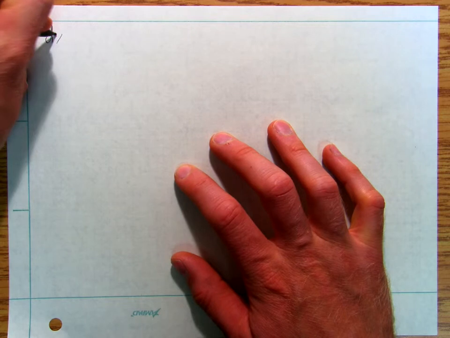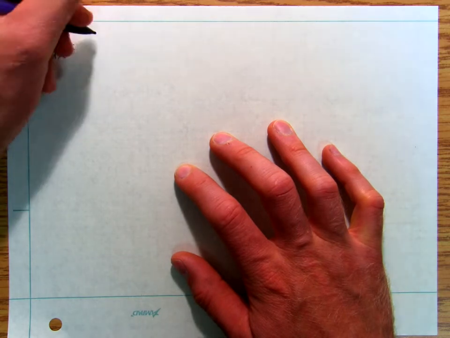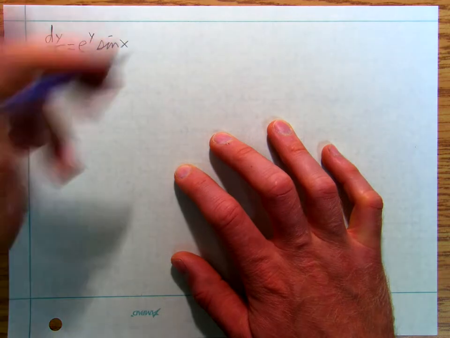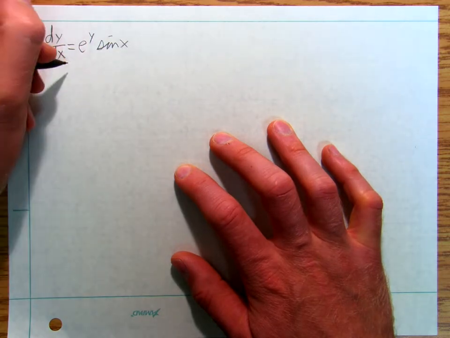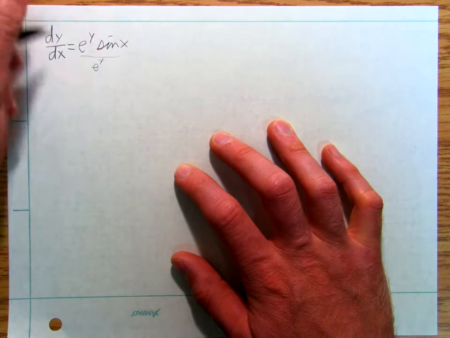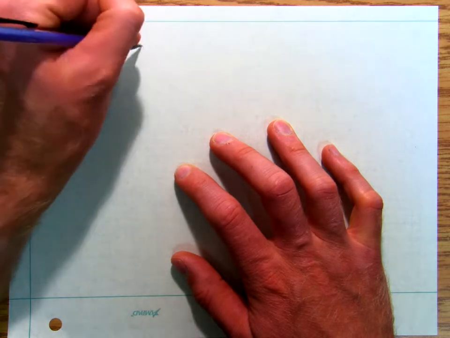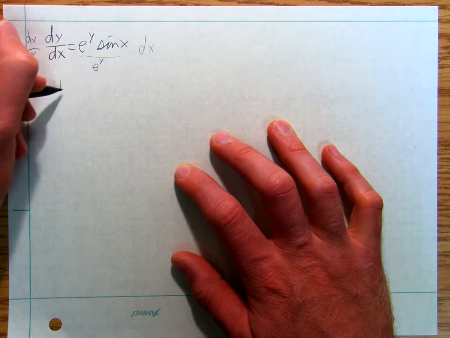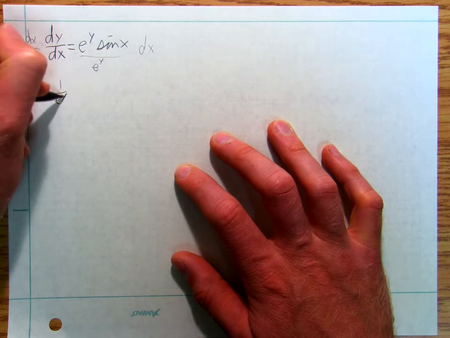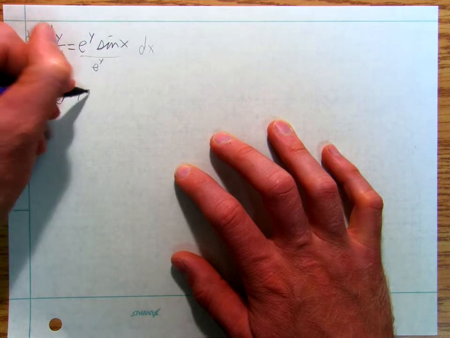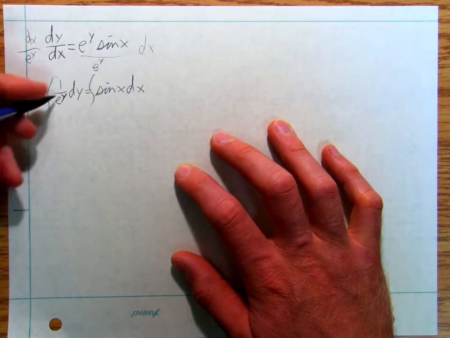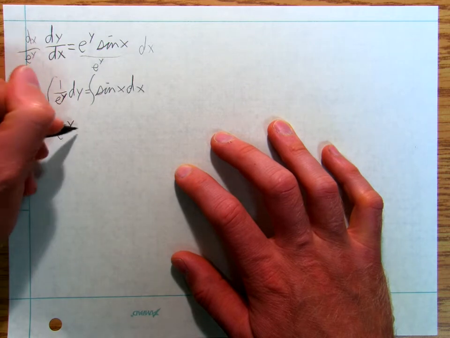Okay, dy/dx is equal to e to the y sine x. Okay, well that means that I've got to divide this side by e to the y, multiply by dx, and I've got 1 over e to the y dy is equal to sine x dx. Integrate both sides. That's e to the negative y